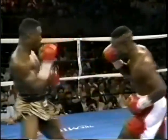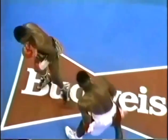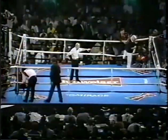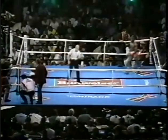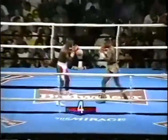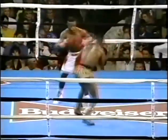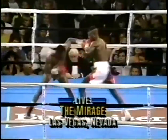Okay, let's take a look. There's a nice left hand by Norris to the body. But the long looping right hand isn't hitting Taylor flush, but it's effective, it's scoring, and it piles up points. And it messes up the ear so you can't hear your instructions that well. And Meldrick doesn't seem to know yet how to neutralize it. As you heard his corner, they wanted to jab his way and get in at close quarters where Taylor doesn't